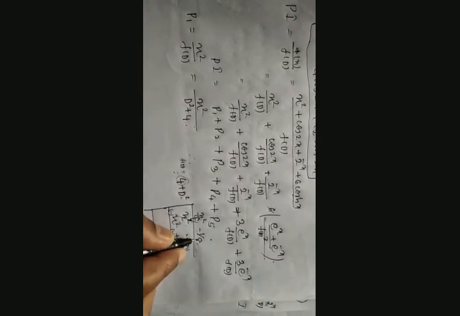Then double differentiation of this number will be 0. Again I take a difference, so that time this sign becomes plus. It gets cancelled. Therefore the remainder is 0. Then this becomes our Pi. So that is P1. What is P1? X square divided by 4 minus 1 by 8. Or else we can take 1 by 8 common. Then it becomes 2x square minus 1. So this is P1.